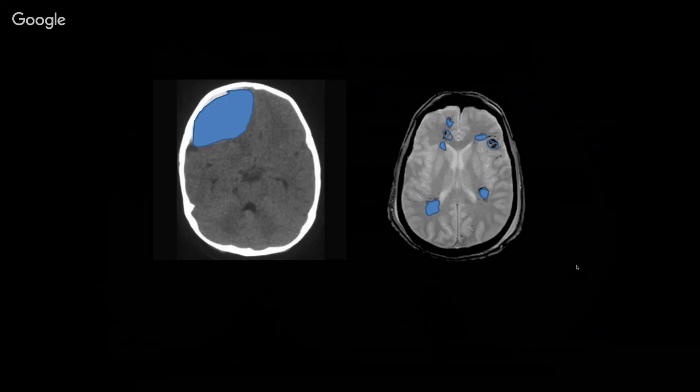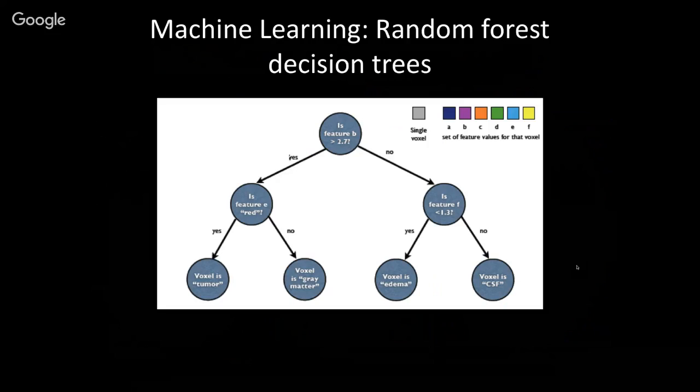And so you may train an algorithm to recognize an epidural hematoma. You may train an algorithm to recognize areas within the brain that are more representative of microbleeds, white matter hyperintensities, or other lesions. And so, again, this approach relies upon this ordered decision tree that asks the most important questions at its top level, and then as it drills further and further down, there's a refinement upon these initial very important questions in order to arrive at a conclusion when the algorithm runs through to the very bottom.